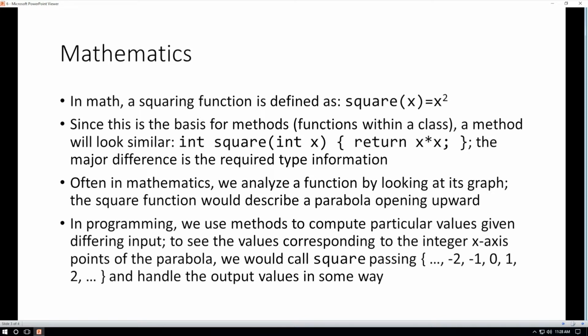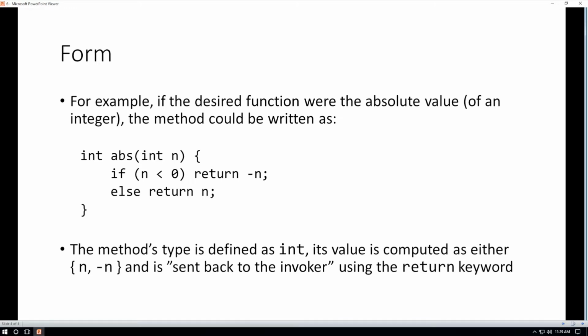In mathematics, we often analyze a function by looking at its graph. The square function would describe a parabola opening upward. In programming, we often just use specific results and we don't care as much about graphs. Let's talk about the absolute value of an integer. The method could be written as int abs paren int n, and n is our input data, then the body